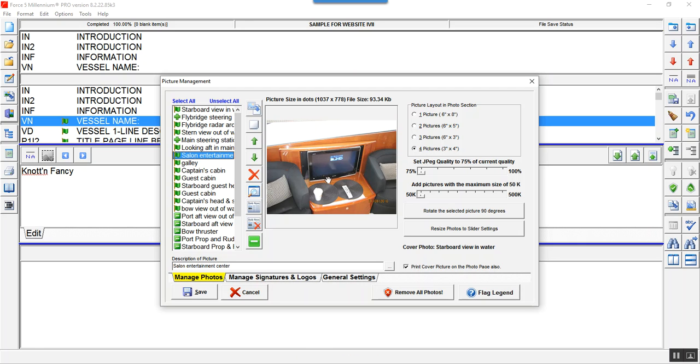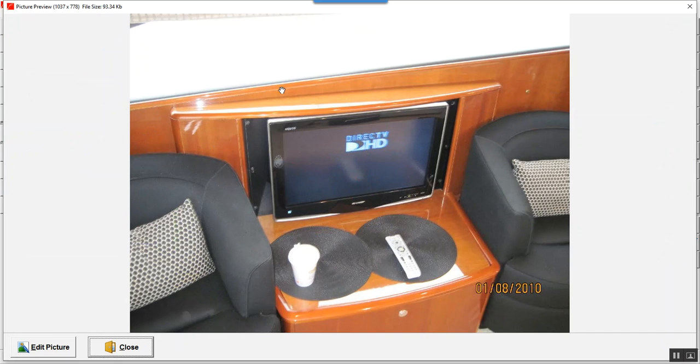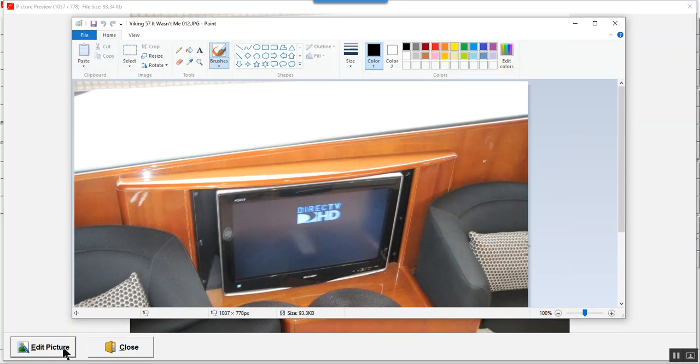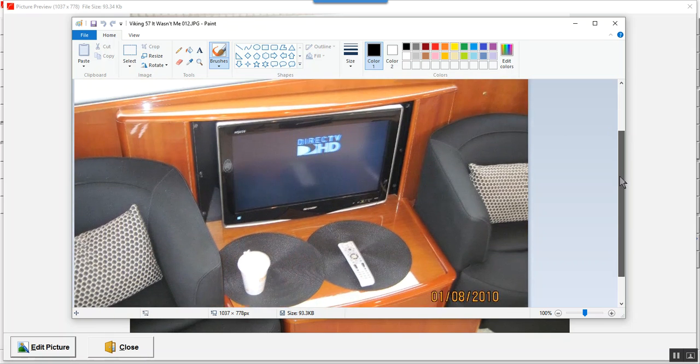and now we're going to add a graphic enhancement, a circle, an arrow, or some other feature here that we want to point out in this picture. So to do that, we first double click on the picture. Now that brings us to a full screen image of the picture, and in the lower left corner it says edit picture or close. We're going to click on edit picture, which opens up our photo editor,